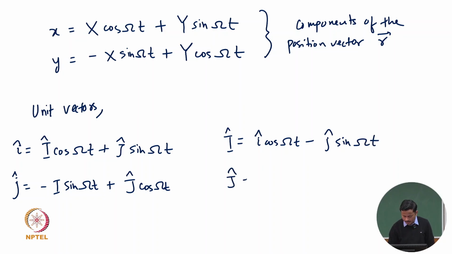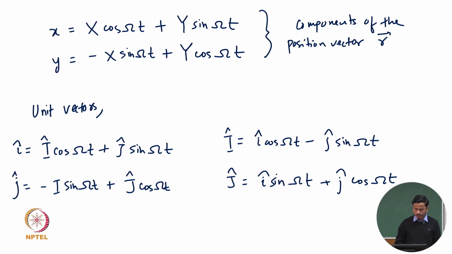So omega t is the angle that small xy is making with capital XY. So these are the forms of the relationship between the unit vectors in the fixed frame of reference and the moving frame of reference. Hence,